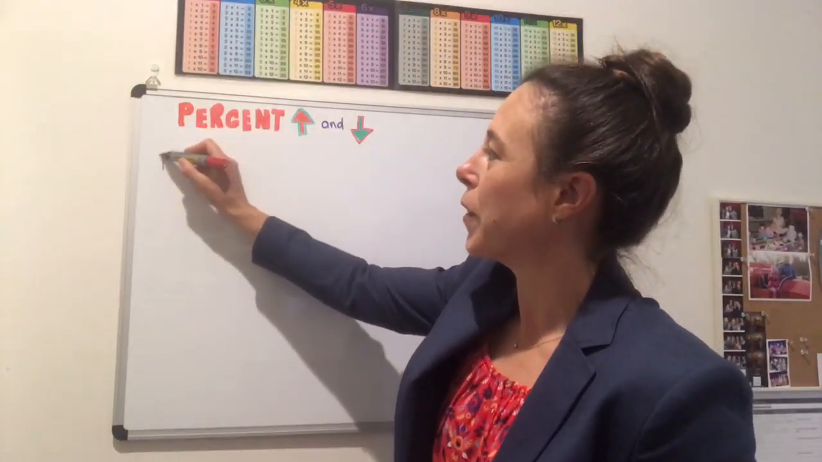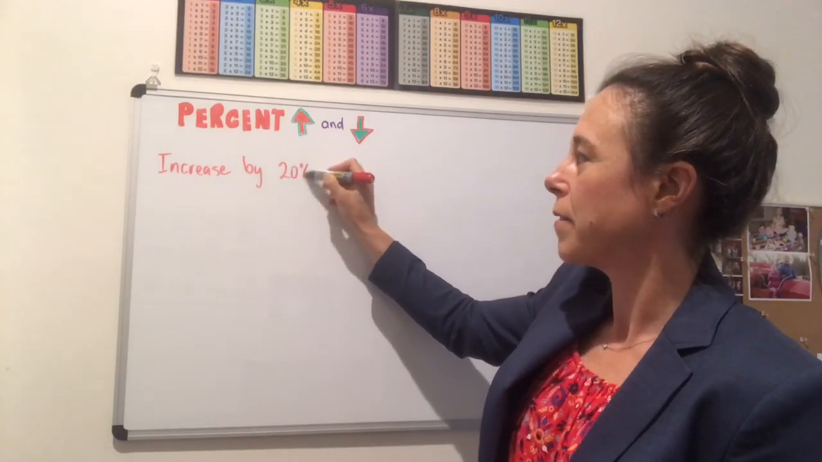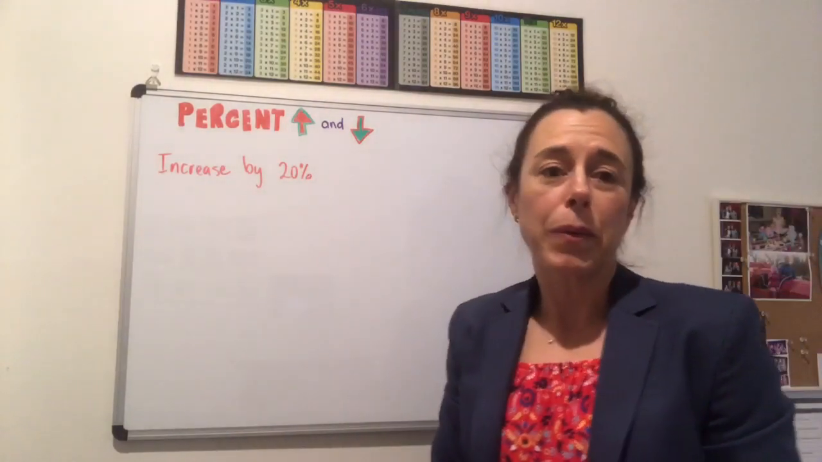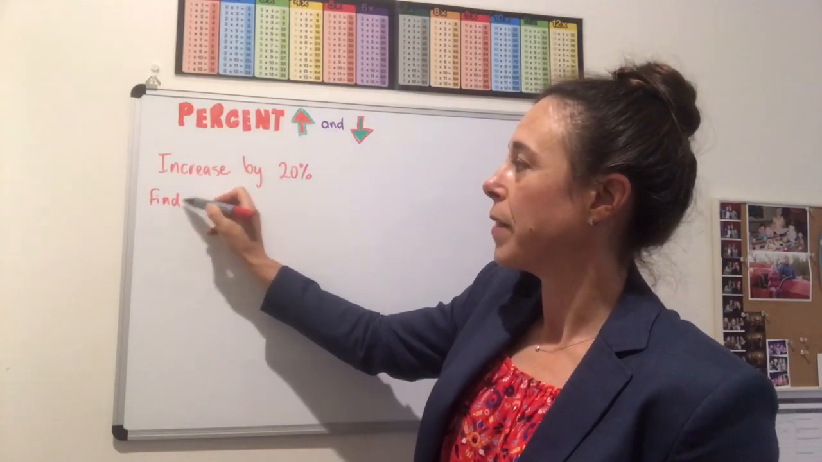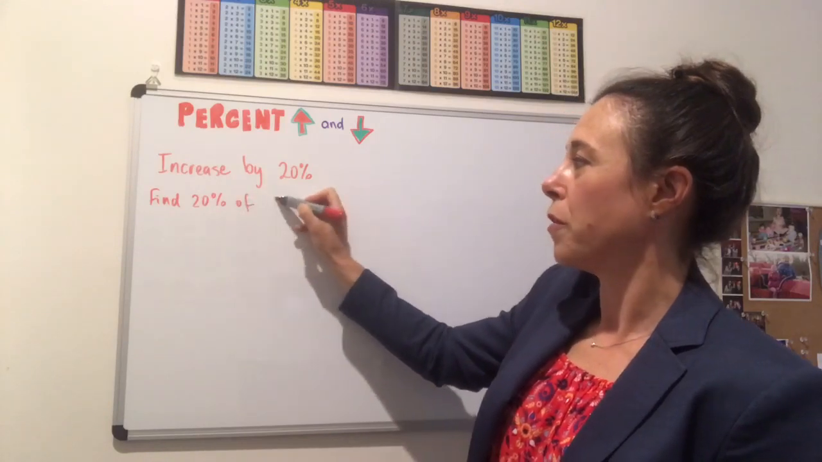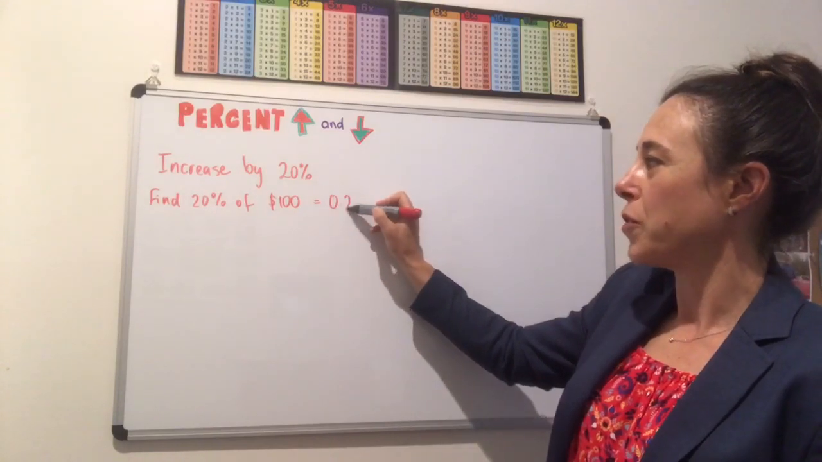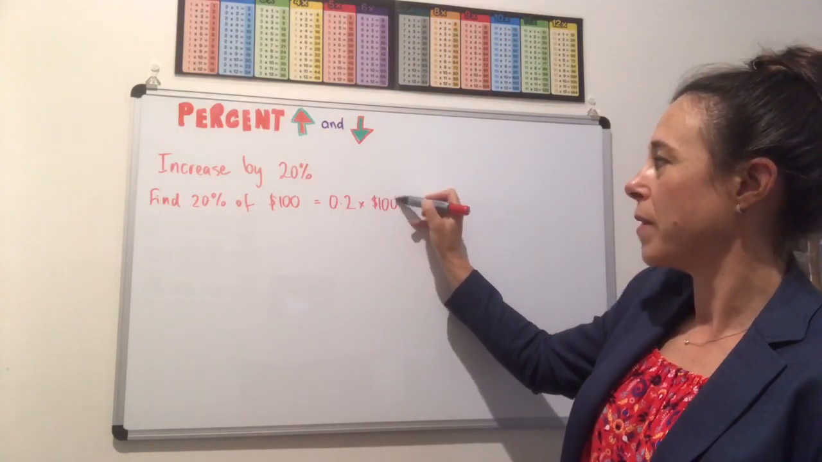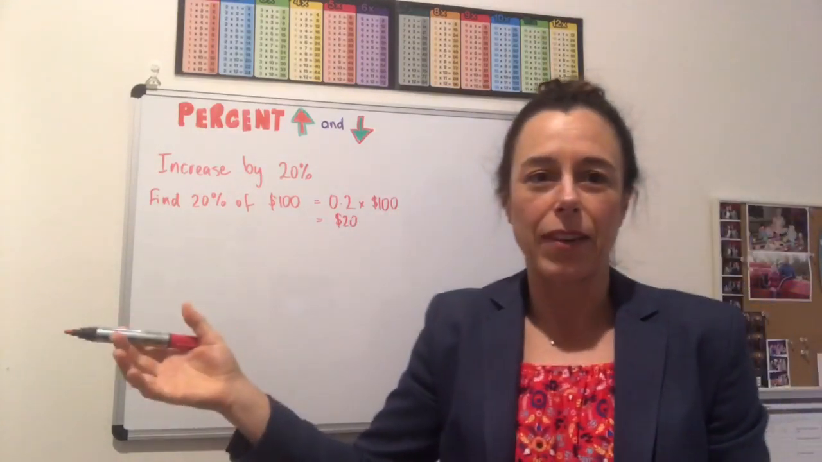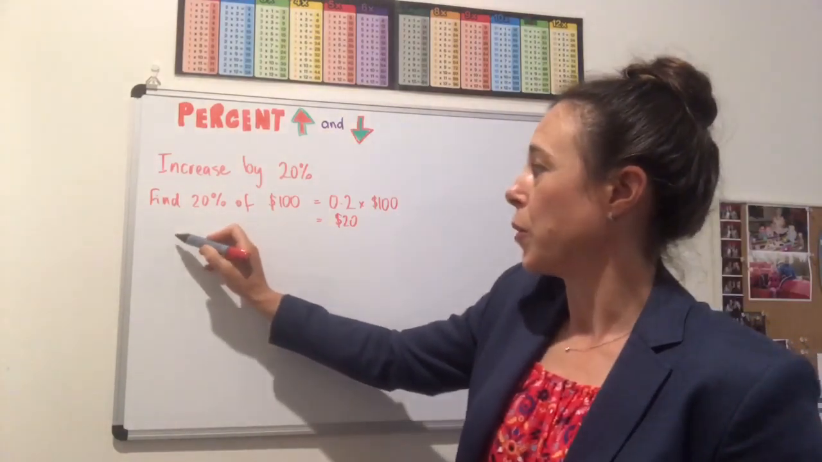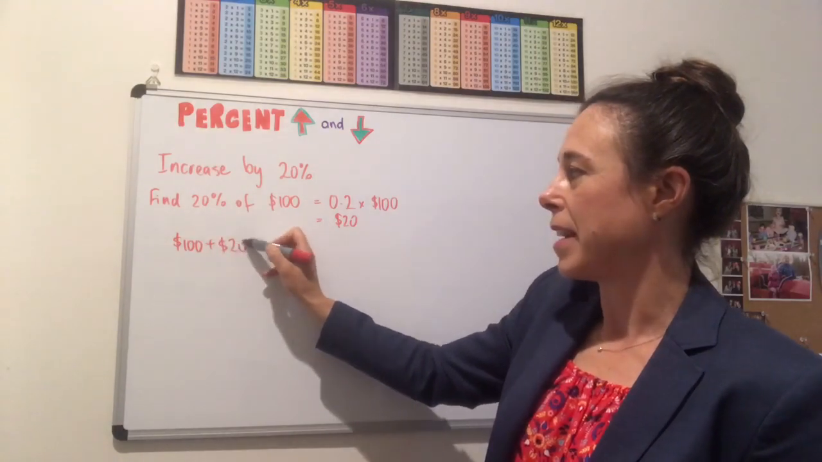So if we want to increase by 20%, okay, and say we want to increase $100 by 20%, we can find 20% of $100, which would be equal to 0.2 times 100, which would give us $20. Okay, so we've found 20% of 100 and now we're going to add that back on. So we would do 100 plus 20 would equal